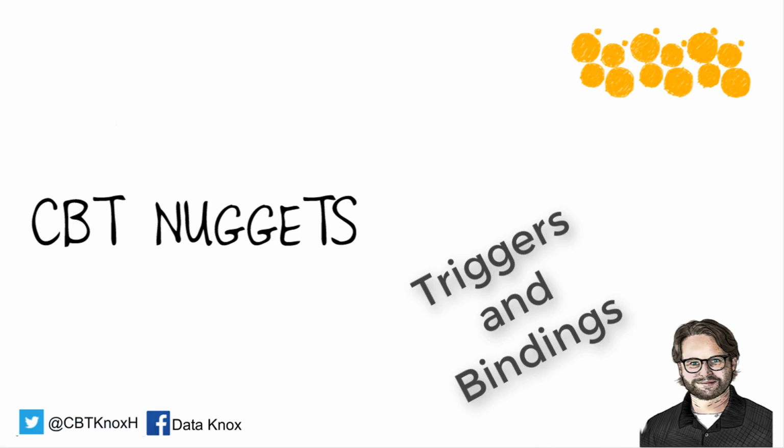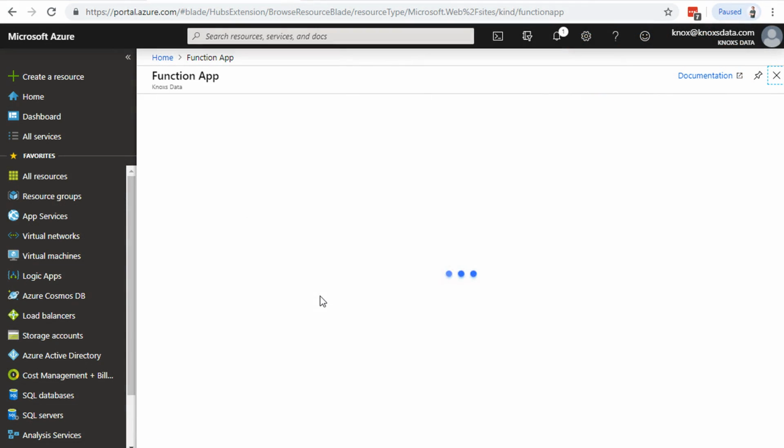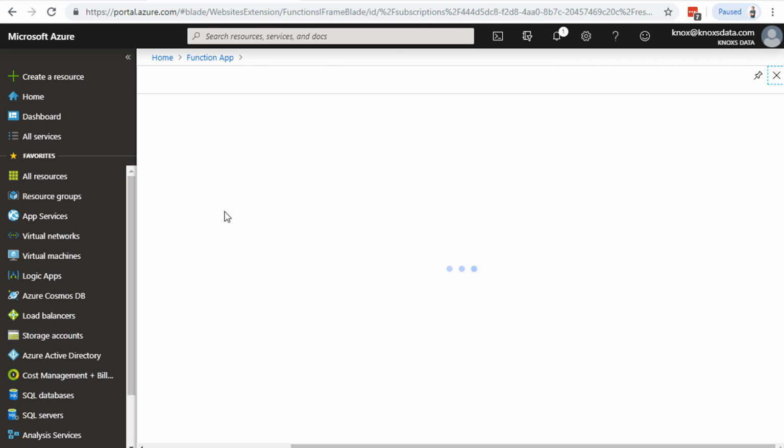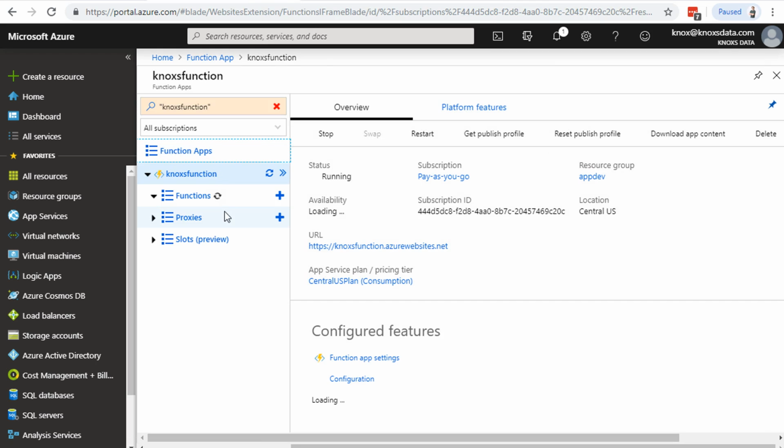Configuring your triggers and bindings. So in the last nugget, we deployed this function app. I'm clicking into it right now. It was called Knox's function. Very clever name, right? If we click into it, you'll see this is going to feel like a normal app